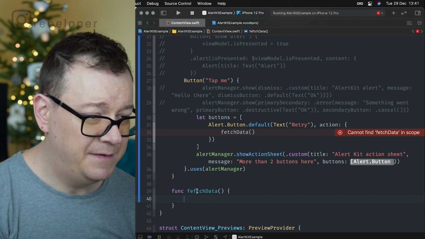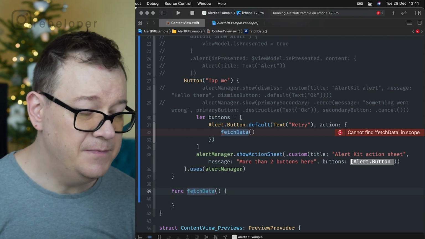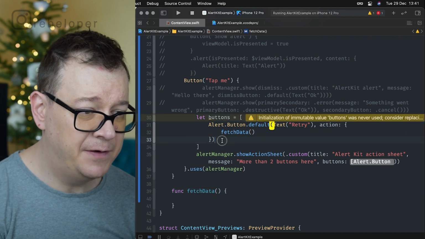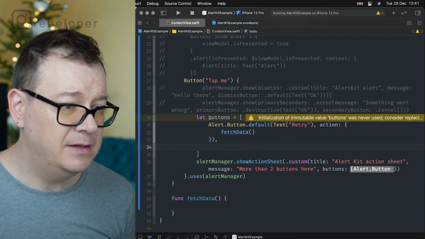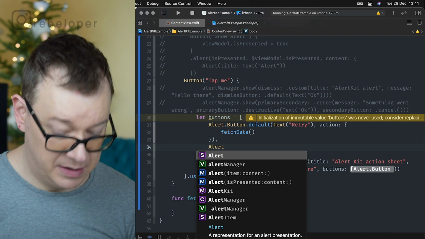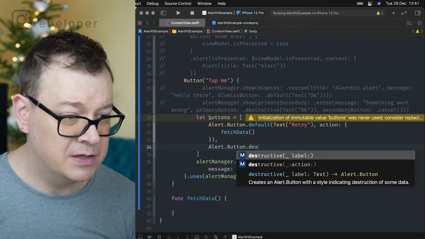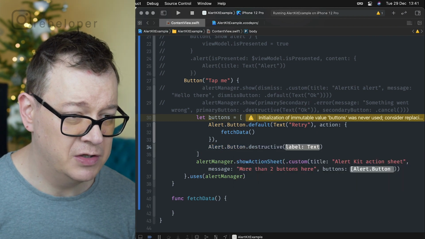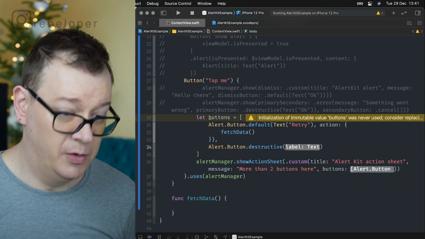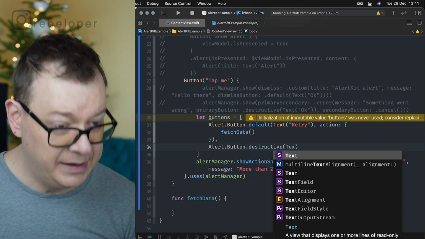Let's see, fetch data. Great. Now that's the first one. Then let's just go alert.button, let's just go with the destructive, and I'm just going to go and abort. So text,